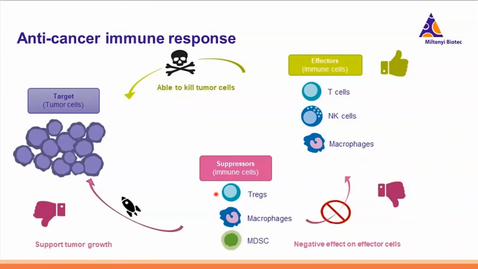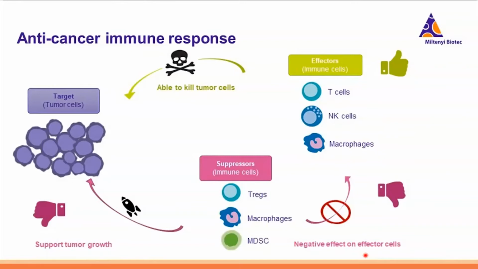These are able to suppress immune responses, which will have a negative suppression effect on effector cells and therefore support the tumor growth. A major goal behind immuno-oncology therapies is to find ways to boost the effector responses and/or diminish the suppression. However, given the complexities of the tumor microenvironment, developing such therapeutic approaches against cancer can be very